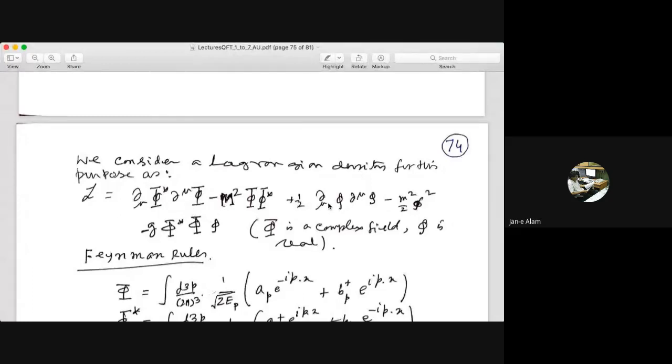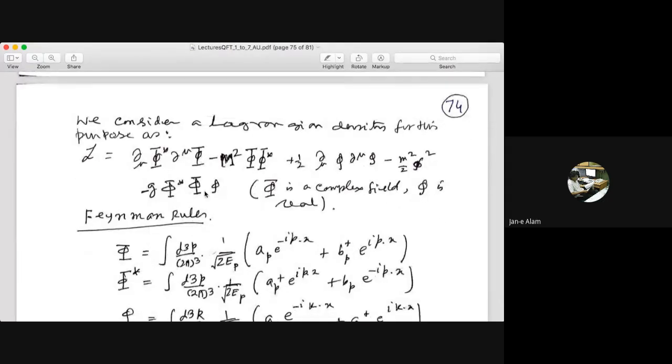plus a real field phi. As I said, this is the kinetic energy term for the real field, half del mu phi del mu phi minus m square by 2 phi square. This is the real field. And now there is an interaction between the capital phi field and the small phi field: phi star phi times phi, and the coupling constant is g. So the phi field and phi star field are interacting with the phi field with a coupling g. And please note the dimension of this term. This phi has dimension mass, this has dimension mass, this has dimension mass. So there is a dimension m cube.